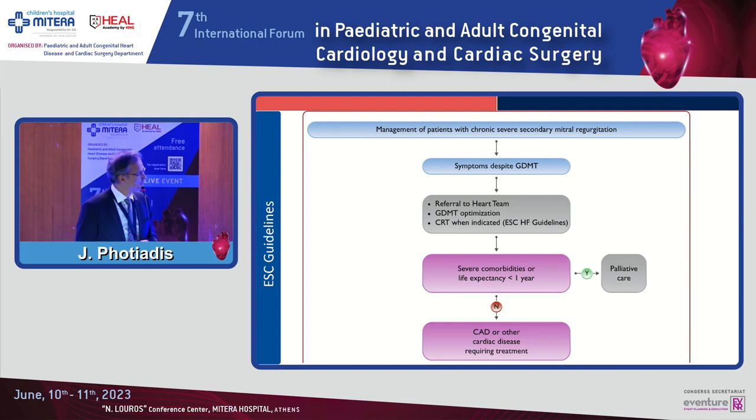So the management strategy is pretty straightforward. Patients must have symptoms despite guideline-directed medical therapy, and so they should be transferred to the heart team. The heart team will then decide whether they can optimize or improve medical therapy or put in a CRT according to guidelines. They will judge whether there are comorbidities, or whether the life expectancy is less than 1 year, and then send them to palliative care, or address other cardiac anomalies